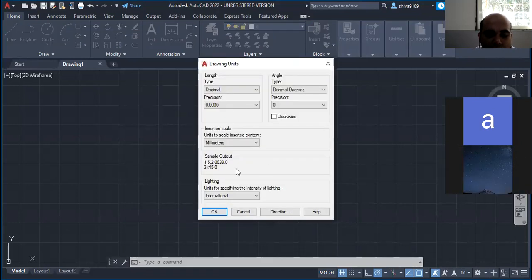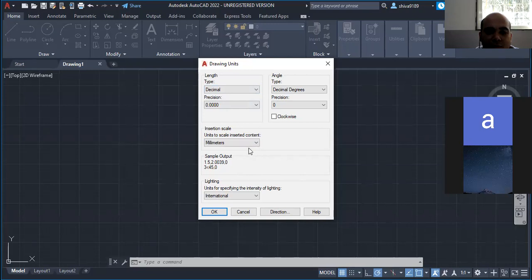See, is it showing you such a table? Students, is it showing in such a form? Yes, sir. Okay.